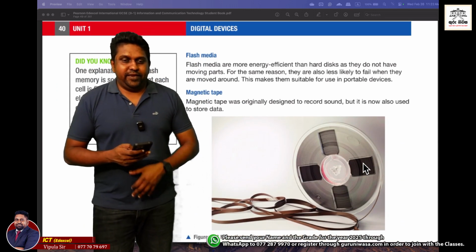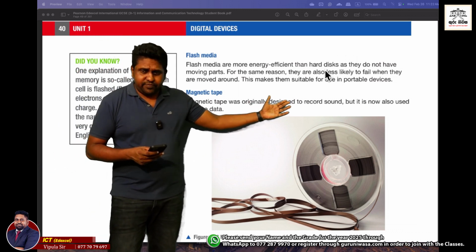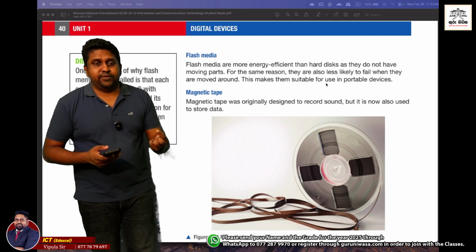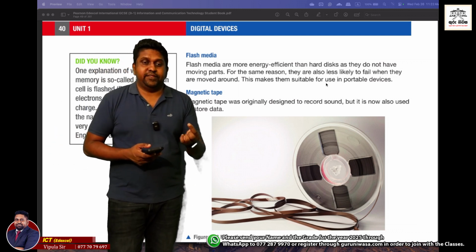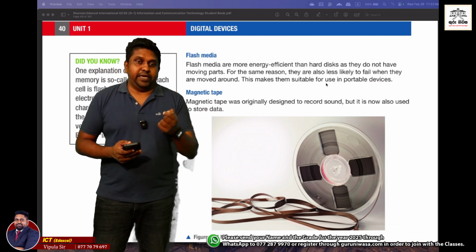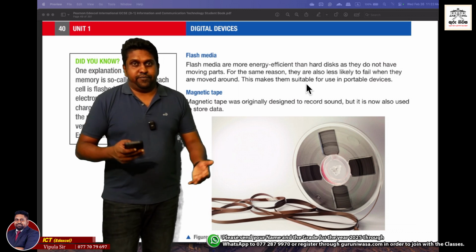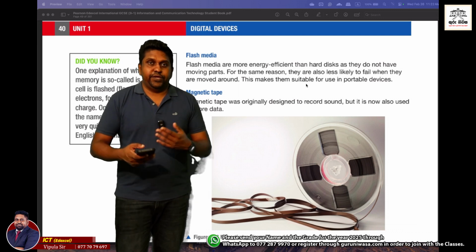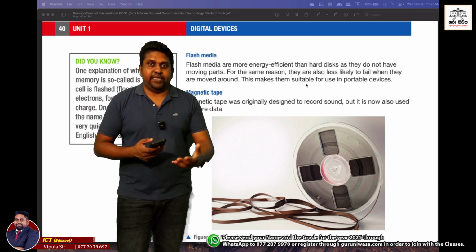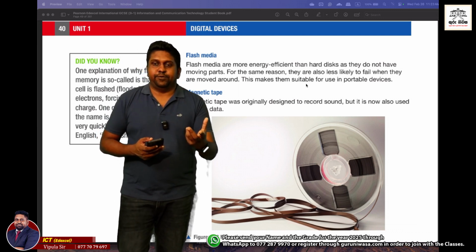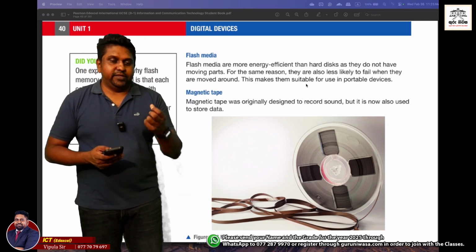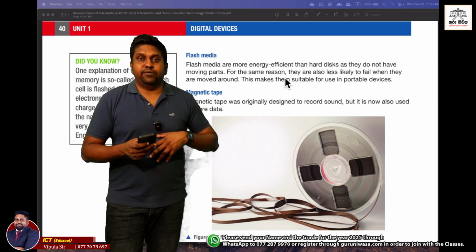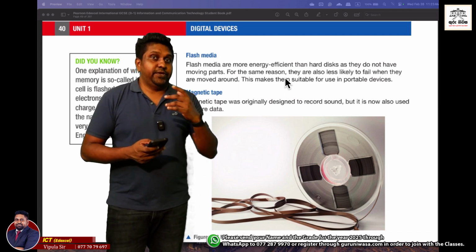Okay, so then flash media, as you guys know, flash media is basically flash drives and small energy efficient media devices where you have the storage, right? So your phone might have storage, your camera might use a flash card, so and so forth. So every particular device will have its own different types of storage devices which will relate to the flash media. So just keep in mind, when we call it flash media, there are different types of